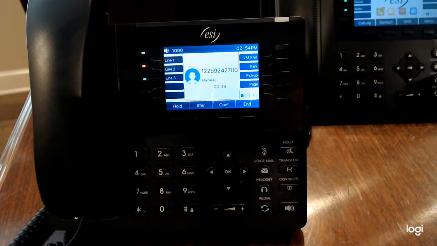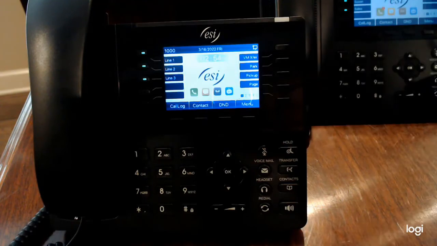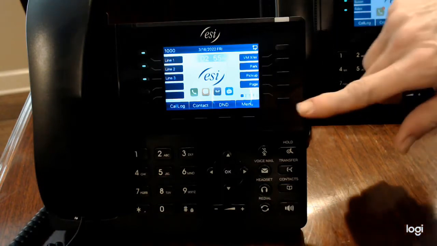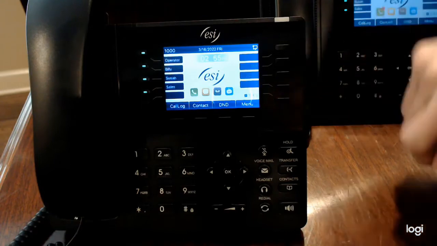Alright, you might want to program a button on your phone for other people. I call them people buttons. These buttons can be used to do one-touch call to intercom instead of having to dial their extension, one-touch transfer, the phone status just to see if they're on the phone or if they're in Do Not Disturb, and also a one-touch pickup. So to do that, you're going to press this page jump key to go to an available